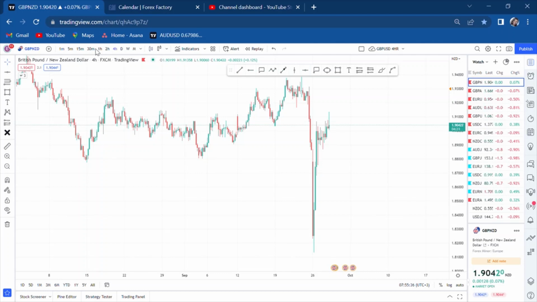In today's video, I want to show you something that many people miss when they are analyzing. I want to keep it very simple, and I want to use different time frames, because if you only depend on one time frame, that's why maybe you're missing it in this market. So this is GBPNZD, and this is our 4-hour time frame. We would go through on this time frame and then try to see what people miss once they stick on one time frame, because different time frames will always tell you a different story.